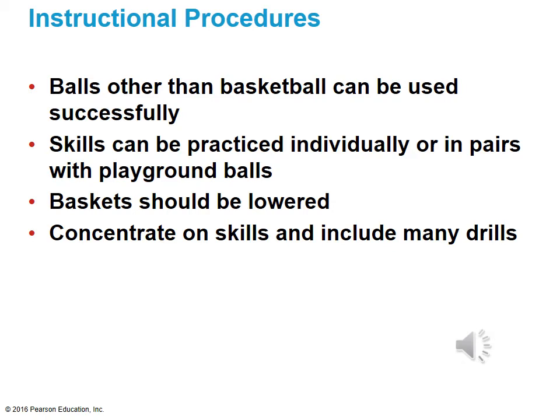So I want you to know feinting in basketball is a faking motion in one direction and then moving in another direction. So you could be dribbling, it could be passing where you're dribbling and you do a little stutter step and act like you're going left, but then you take off right, or you fake a pass to the left and you throw to the right. They call that feinting, F-E-I-N-T-I-N-G. So now let's go on to the instructional procedures that they're talking about here.